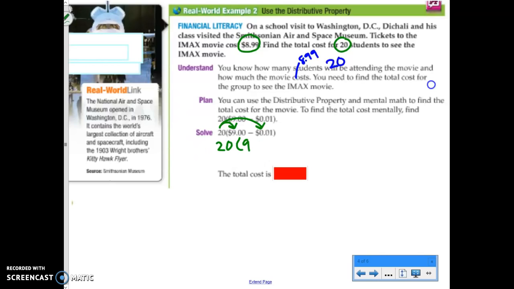20 times $9 minus 20 times 1 cent. Like I said, 20 times $9 is 180. And I have to take 180 and 20 times 0.01 gives me 0.2, so 0.20. And I know that 180 in my calculator, if I put it in here, minus 0.2 is going to give me